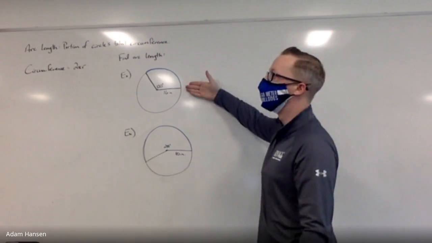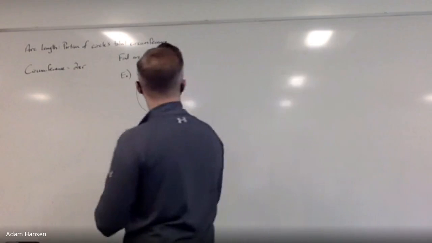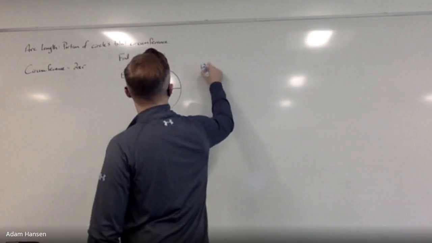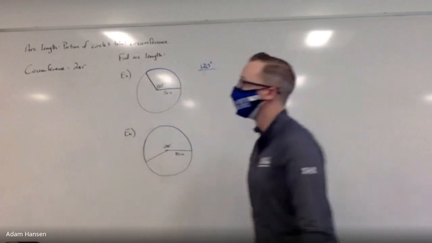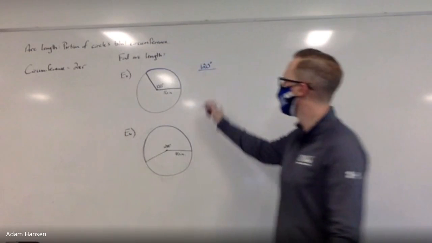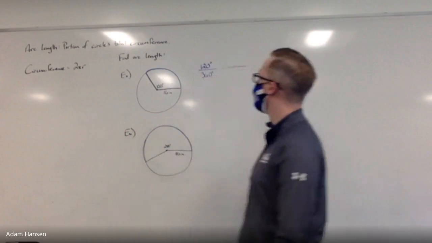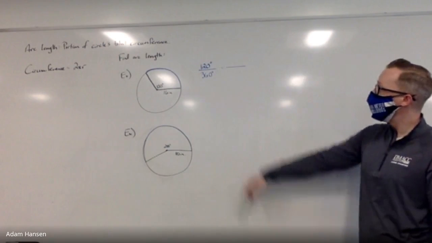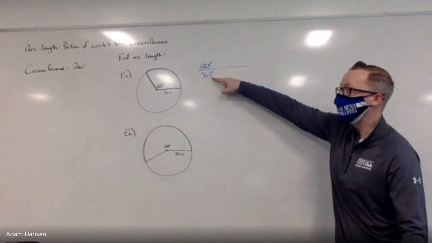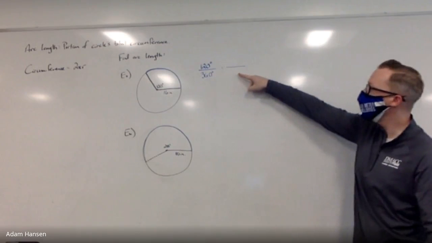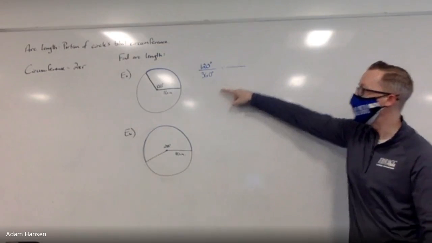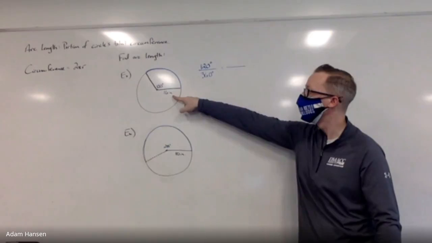How many degrees were we given? 120. How many degrees are in a circle? 360. Okay. So my arc represents 120 out of 360 total degrees for the circle. What's the full circumference of the circle? If the radius is 16,